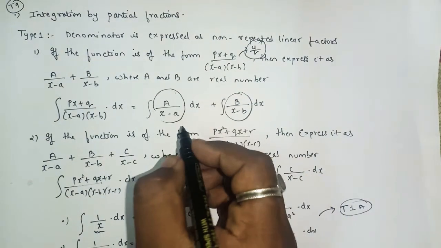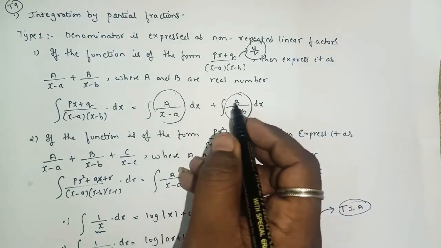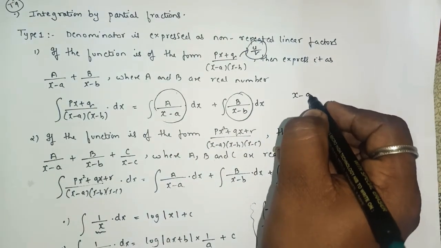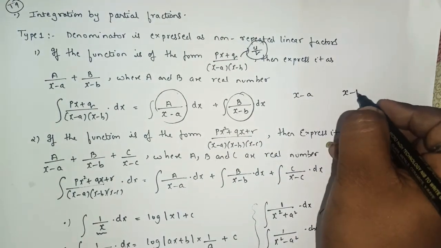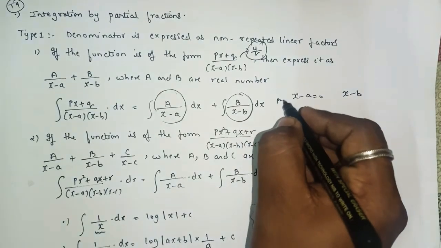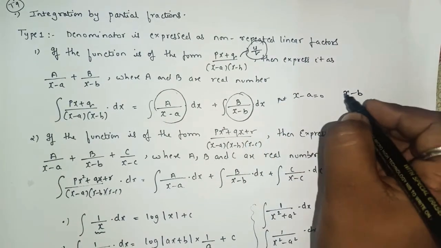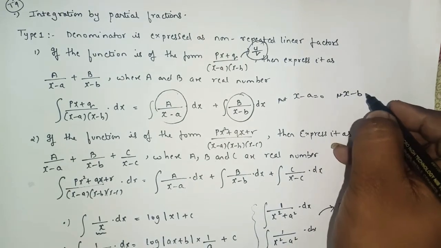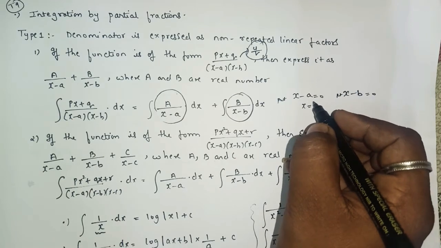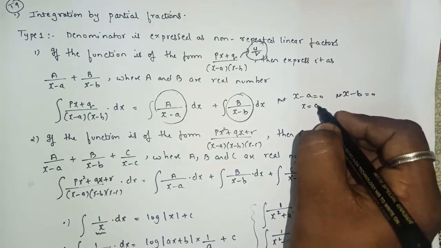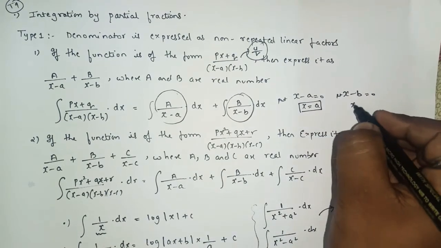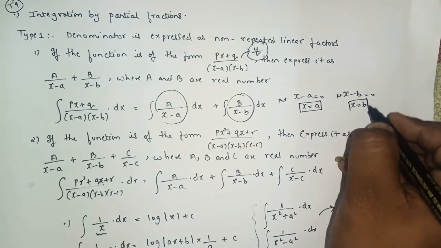And we know what exactly we used to do to find the values of A and B. Simply put x minus a equals 0, and here put x minus b equals 0. So minus a will go to the right hand side, where you will get one value of x as a and the second value of x as b.